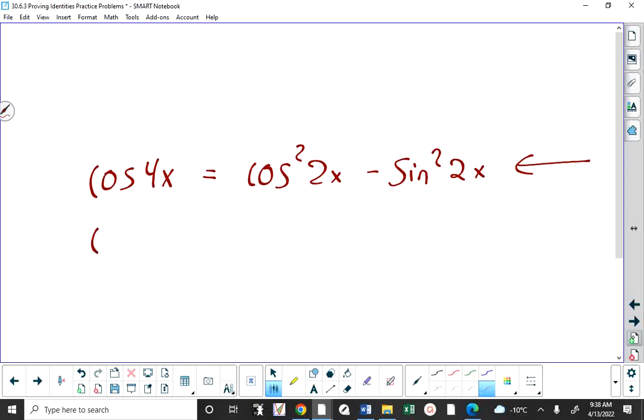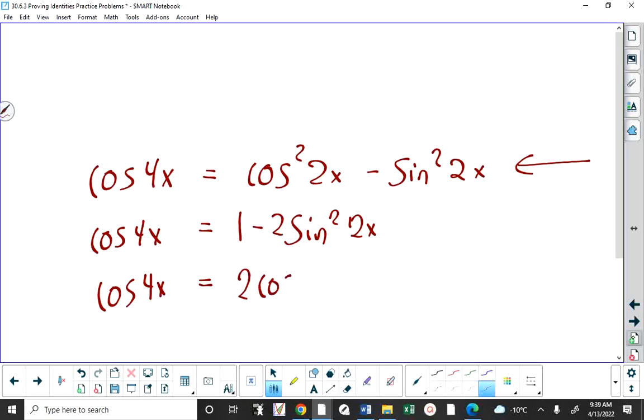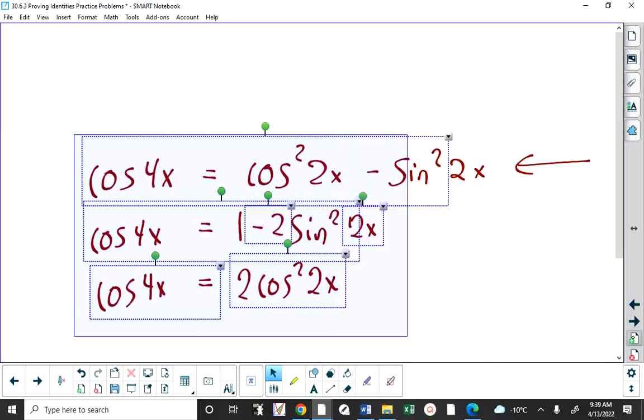But cosine of 4x is also equal to 1 minus sine squared of 2x. And it's also equal, no, it's not 1 minus sine squared. It's 1 minus 2 sine squared. And the fact that I've messed that up from time to time, I think that's the second time in this unit I've done that and then I catch myself, means it's a very easy mistake to make. Cos of 4x is also equal to 2 cos squared of 2x. So the question becomes, of these three,